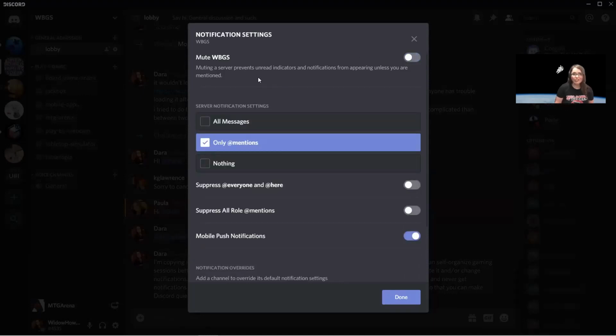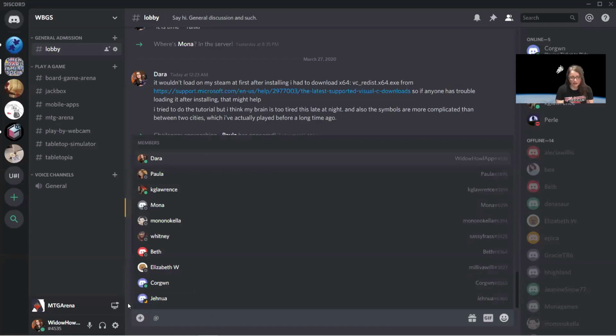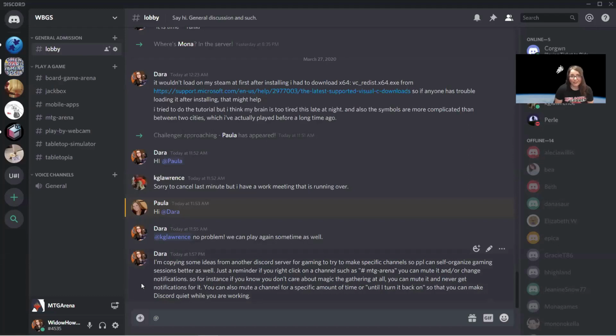As it is now, I just changed the settings today so that the default settings are that you will only get notified if someone mentions you. You can change your personal notification settings so that you get notifications for everything or nothing, or only when someone mentions you. But as a default now, it should be only when someone mentions you. Mentioning, if you want to mention someone, you would right click on their username and click on mention, or simply type in the @ symbol and then their nickname or username, and then they should get a notification unless they have muted all notifications. So you can mute the entire server.